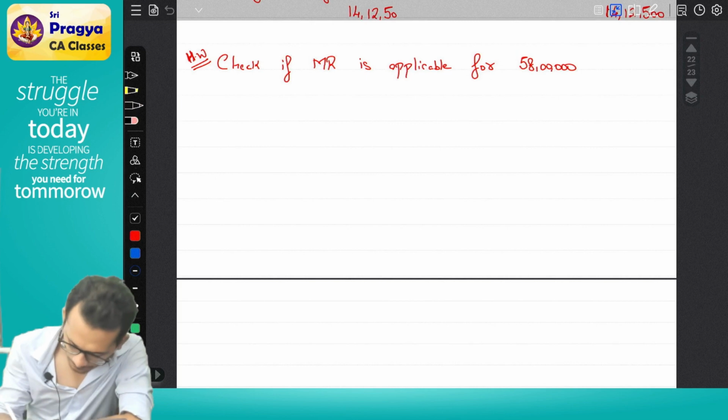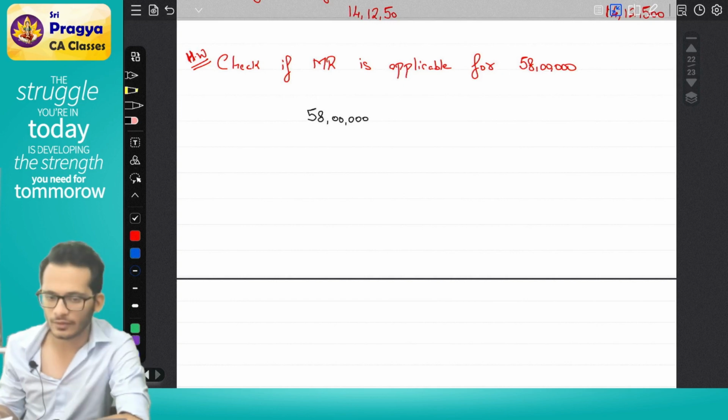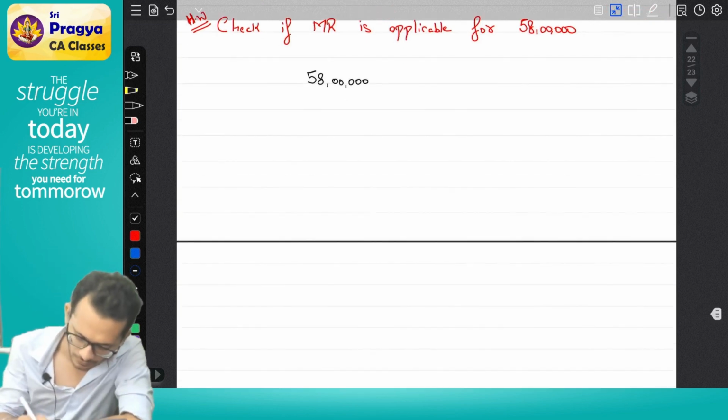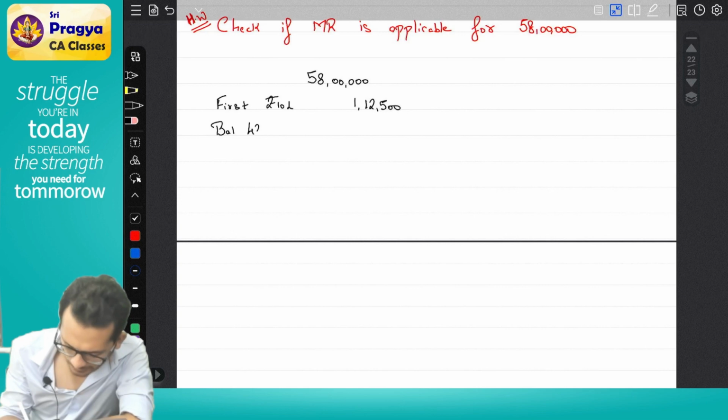Let's quickly check. What we're going to do is follow the same steps. Step number 1 is computing tax on 58 lakhs. How do you compute tax, Rahul? For the first 10 lakhs, it is 1,12,500. For the balance 48 lakhs at the rate of 30%,